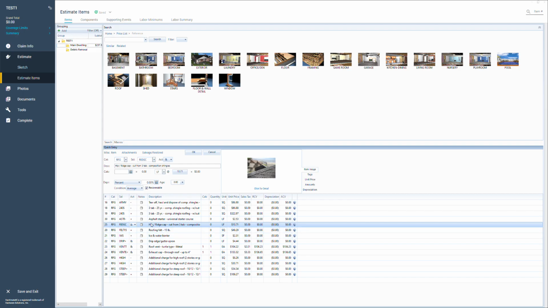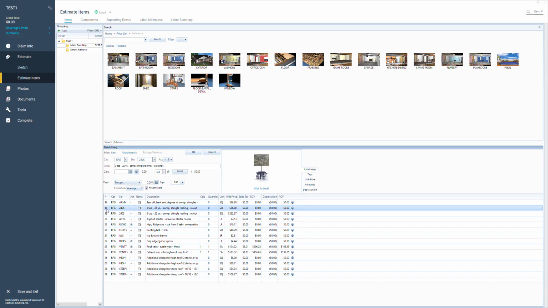So these two items are pretty much the same thing. As you can see, the unit price is the same. So you can't have two of the same things on there together. Ideally, you want to get rid of this one because the insurance tends to use the tear off line item most commonly. So I want to replicate my estimate to be very similar to how the insurance has theirs,